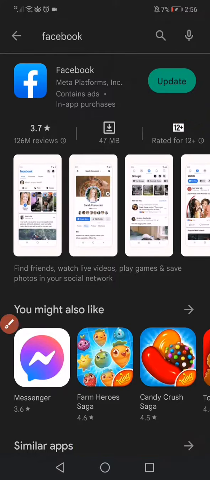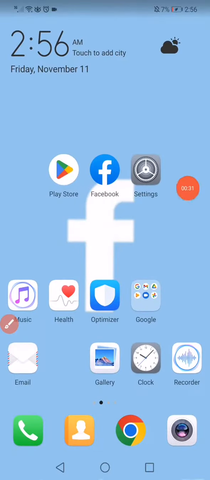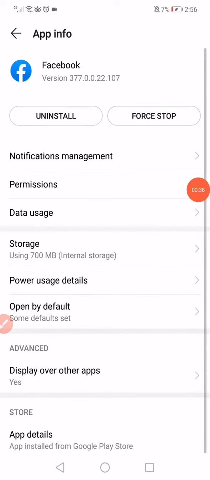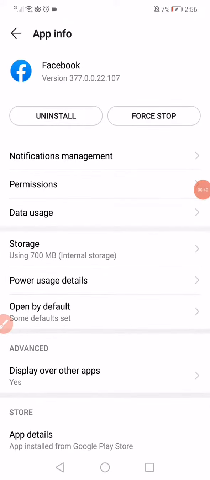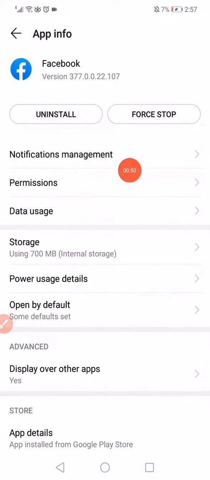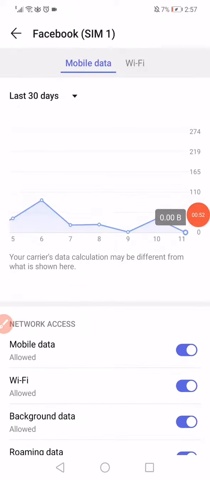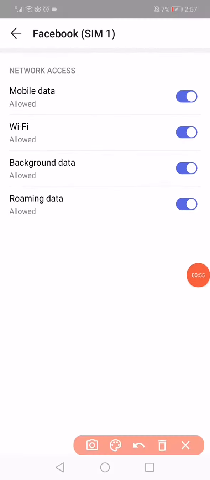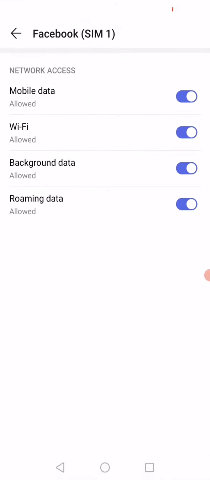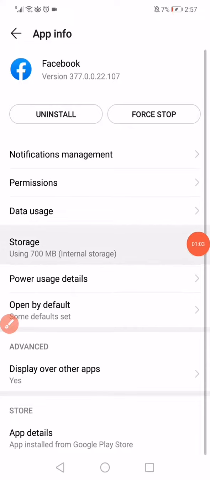And if there is no update, then go to the settings, go to apps, and right here click on Facebook and it will take you to this page. It's called app informations. Click on force stop and then scroll down and go to the option of the data usage and make sure that the mobile data and the Wi-Fi are enabled, and then go back, click on storage